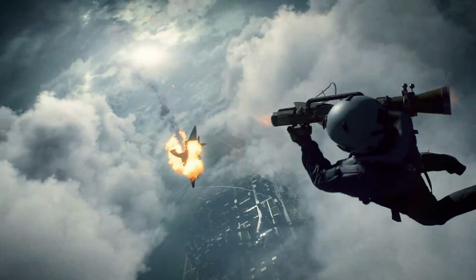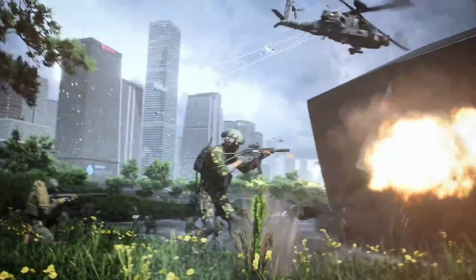Yeah. Actually, what we can confirm though is that in terms of rocket launchers, we are getting something similar to an M136 AT4 rocket launcher. Back to the kaleidoscope map, we can see an AH-64 Apache attack helicopter, and the specialist in